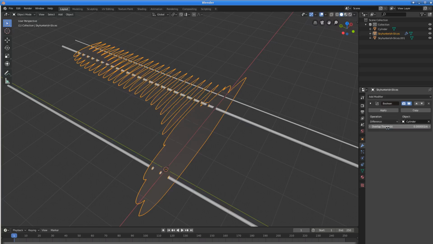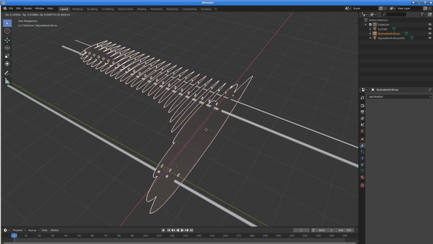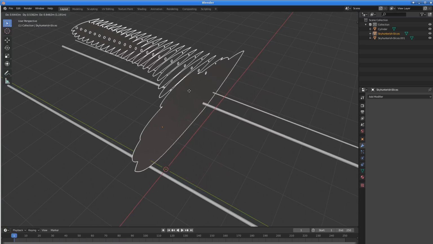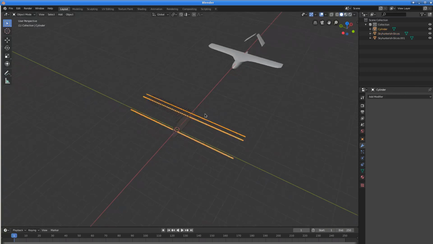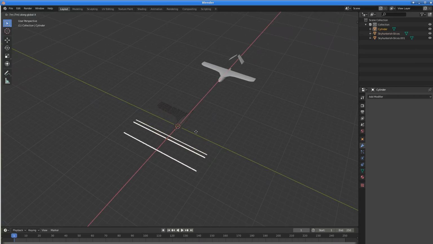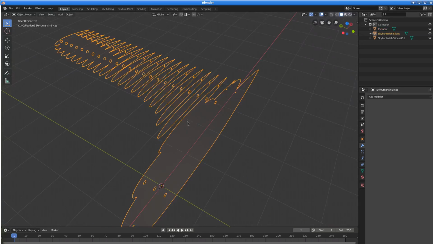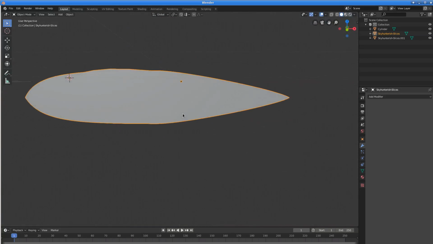So that's cylinder, that's why I had to check the name of it. And then you click apply, and if you did that right, now when I move my slices, we'll see that they have little circles cut out of them where the spars were. So now I can take my spars and GX to move those, let's see, 10 units forward, just to get them out of the way, and just double check that everything's